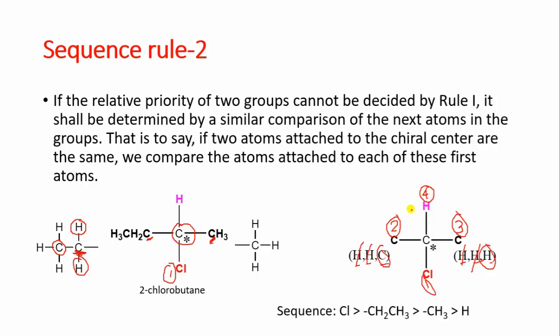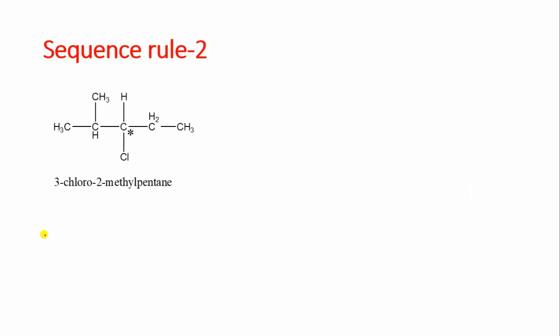So the sequence rule will be Cl, then CH2, CH3, then methyl, then the last hydrogen. Now taking another example,